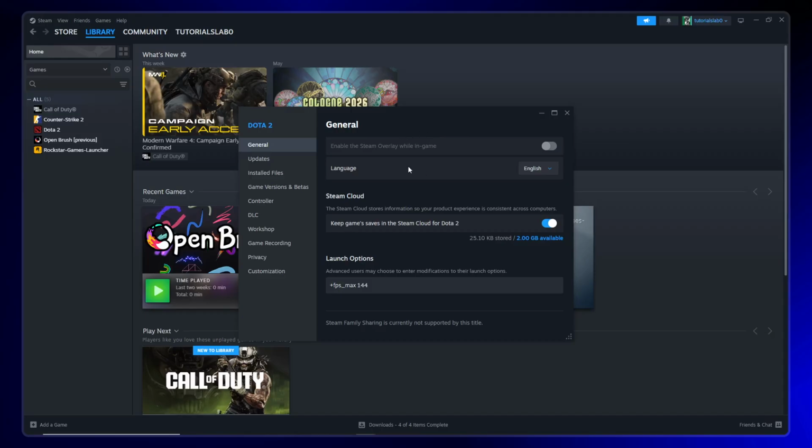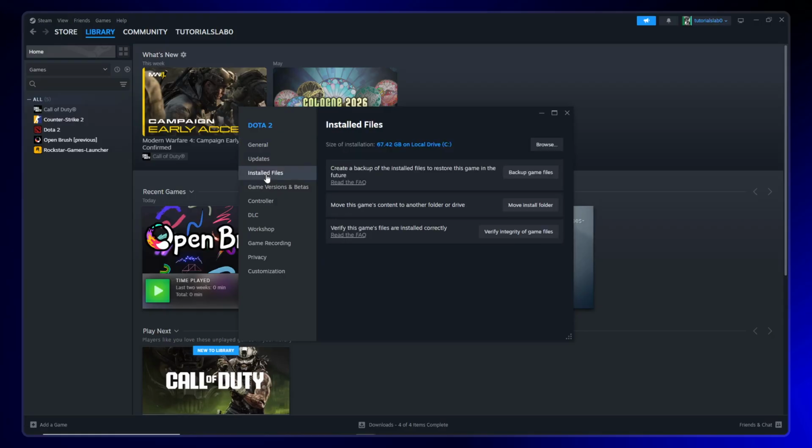Once the Properties window opens, you'll notice another panel on the left side with several tabs. Navigate to this panel and click on Installed Files. This tab is specifically designed to show you everything related to the game's installation on your computer, including file locations and storage usage. After clicking on Installed Files, you'll immediately see the information you're looking for displayed at the top